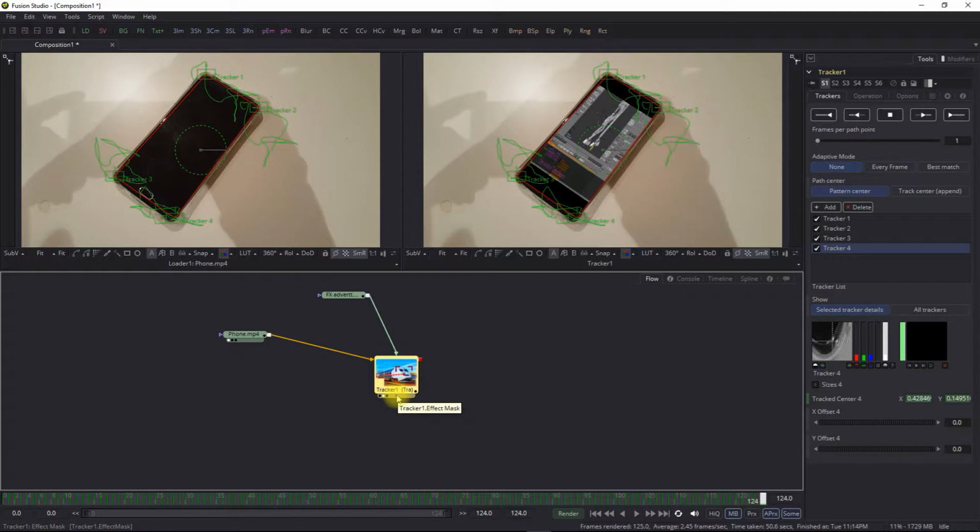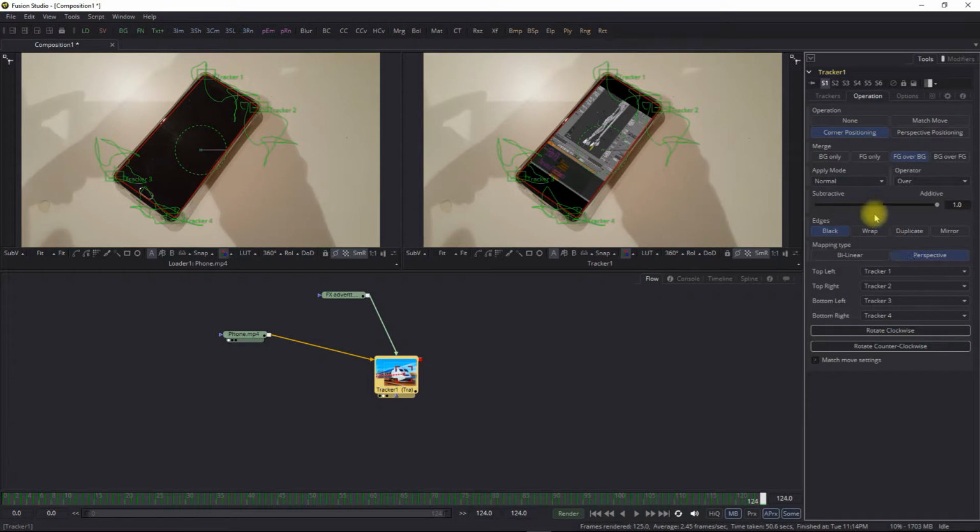So this is the video that's inputting into the tracker. This is for a mask down here if I wanted to cut out a section of this rectangle that I've tracked, and then this is for output, so tracker output, and we'll be outputting that into a saver node in a minute. So